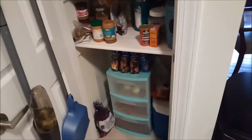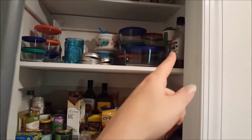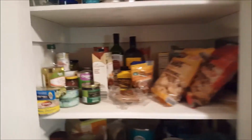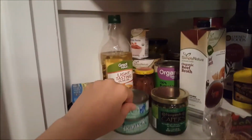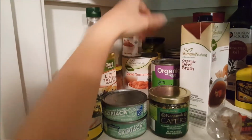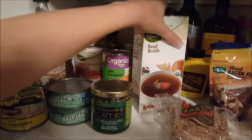All right, taking a look into my pantry. Up there I have some bourbon, which I drink, and my Pyrex dishes, and then I have my lunch bag and my iron and my helmet up there. And then down here I have my savory foods, so water chestnuts, sardines, tuna, olive oil that I use for mayonnaise, some anchovies to make Caesar dressing, tomato products, capers, organic beef broth because I only had chicken in my